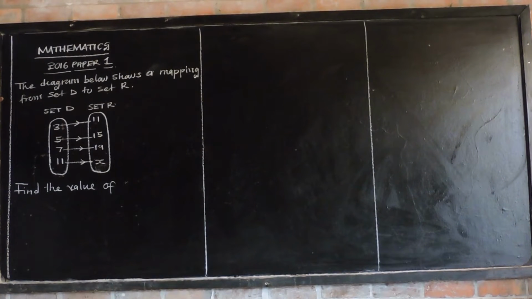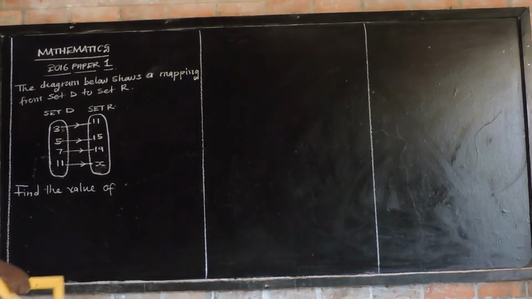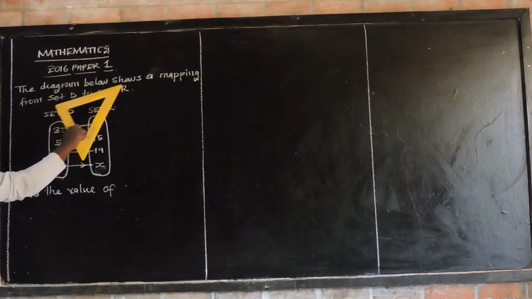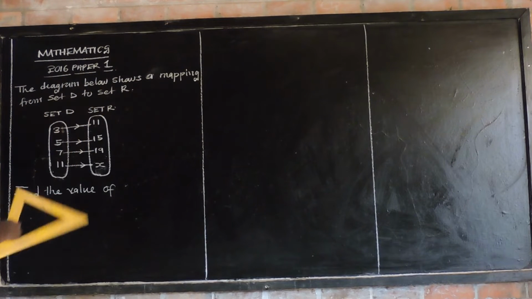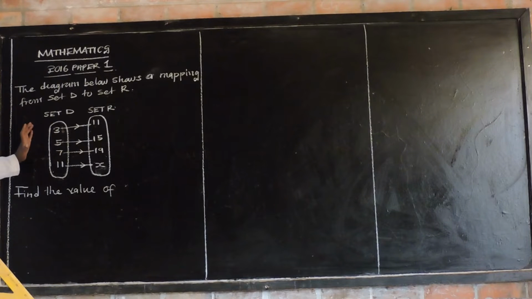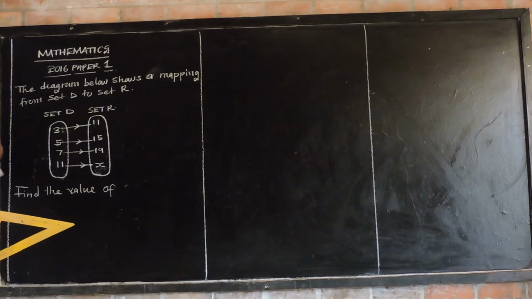Paper 1, a question on mapping and directions. It says the diagram below shows a mapping from set D to set R. Okay? So I have this diagram showing a mapping from set D to set R. Now, remember I said if you have been given a diagram like this, the first set